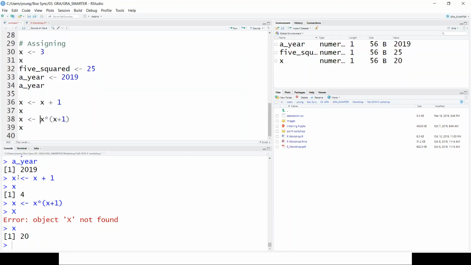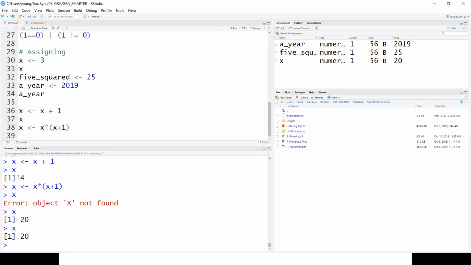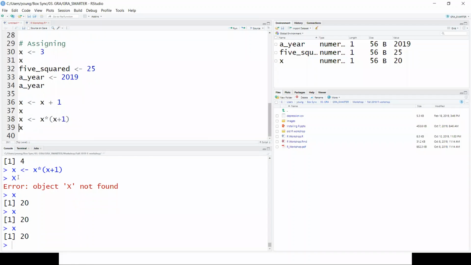I keep using another option, which is you don't need to write this x every time. You can just go for this x and then drag this x, and then if you call it, it's going to do the same thing. So when you want to call this x again, you don't have to always write this x every time. You can just select this x and drag it, and then if you run it, it will just call my x again. Okay. So you can do this for other objects that you already made.